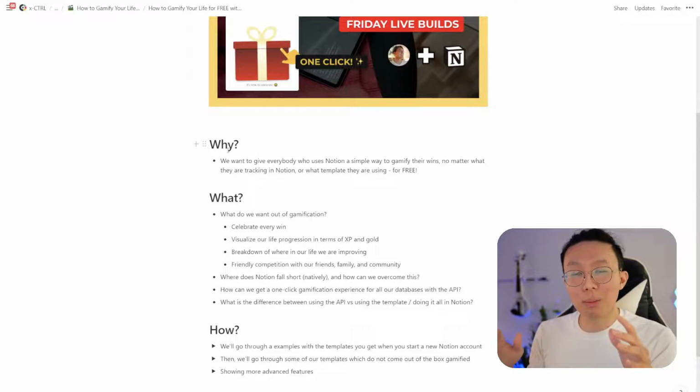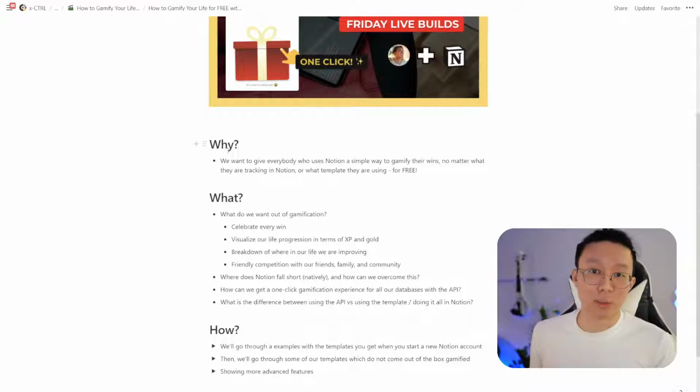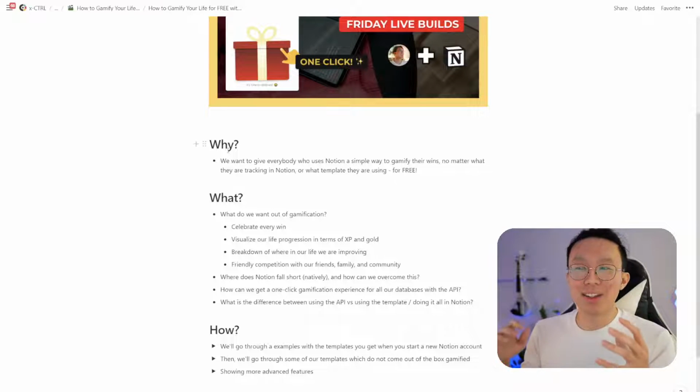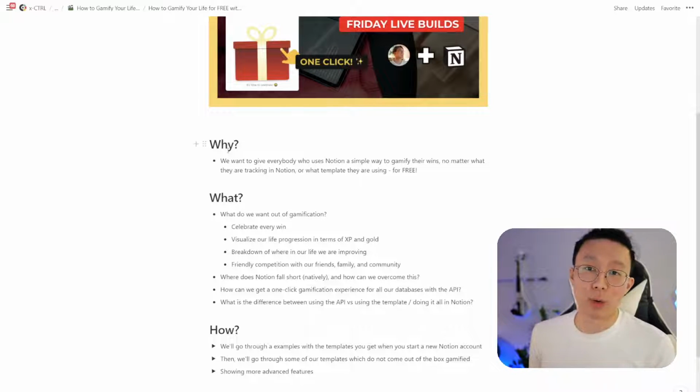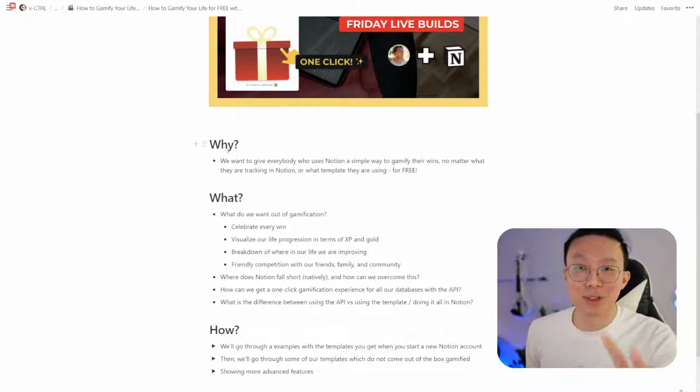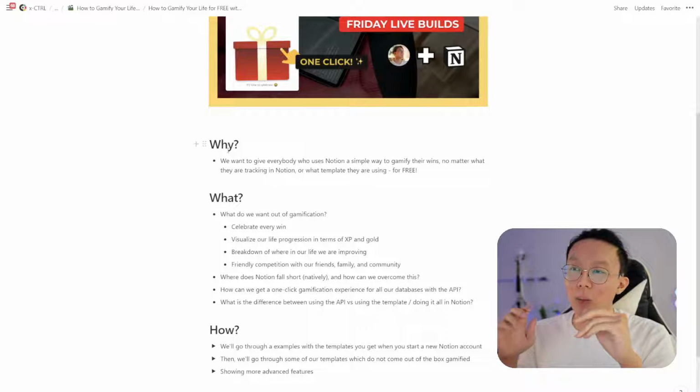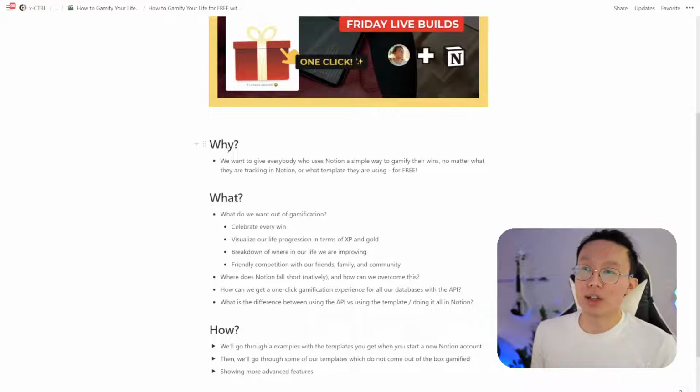So in Notion, you might already love using our system, which is great, please do. And you are able to have a lot of customization and a lot of power over what gets gamified in your system. And I think that's great. Keep that. If that works for you, use that. What the API will do for you is essentially make sure that all the other databases that haven't been connected into the gamification engine yet inside your Notion templates, and you don't really want to go through the trouble of setting up all the formulas, the rollups, everything that's needed to make sure that that's all gamified.